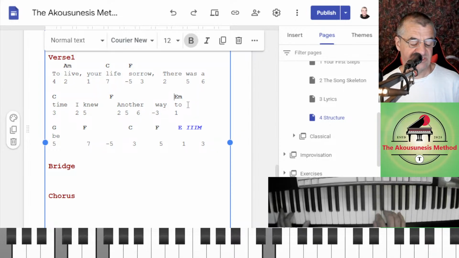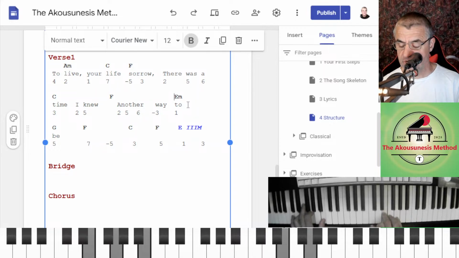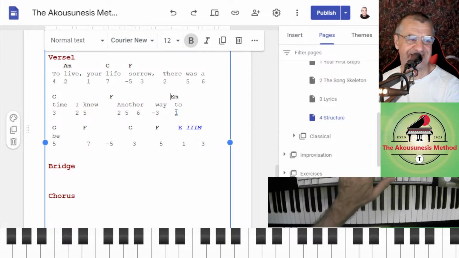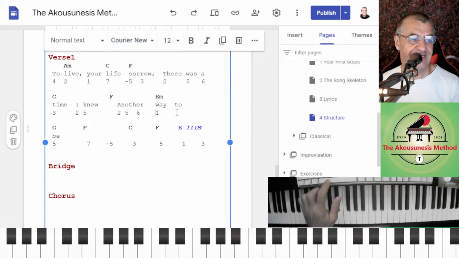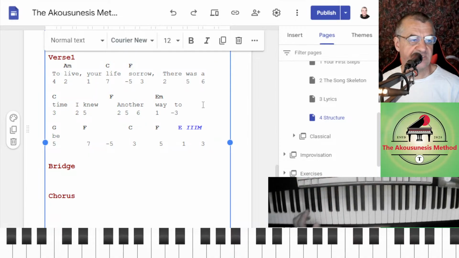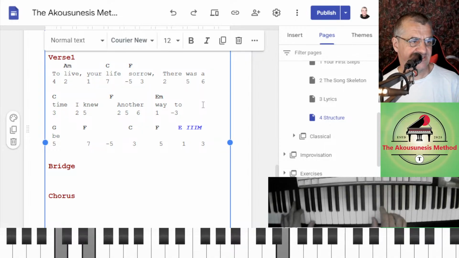Another. Needs a chord change. Way to. No, I think it is. Can't decide. I can't decide here. I think it is a way. I just got to give it a bit more time to sink in.